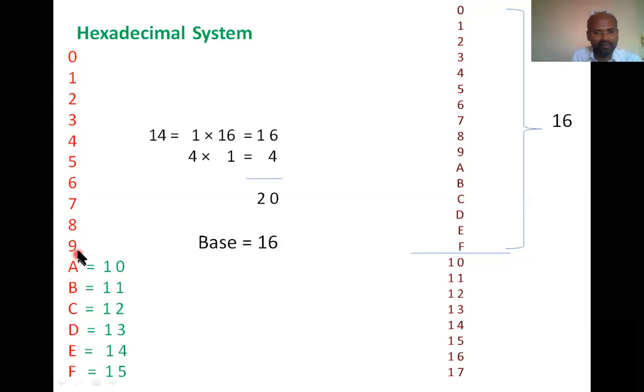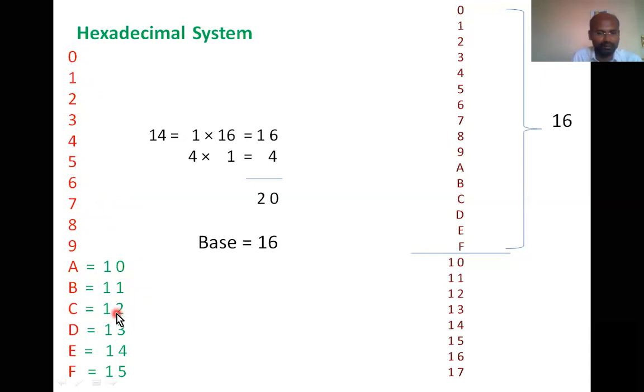What is the weight for the symbol 9? 9. What about the weight for symbol A? 10. It is equivalent to 10 in decimal. Is it clear? The symbol A has a weight equal to 10. The symbol 9 has the weight equal to 9, the symbol 8 has the weight equal to 8, and the symbol 7 has the weight equal to 7. In the same way, the symbol A has the weight 10 in decimal, the symbol B has the weight 11, and the symbol C has the weight 12. C in the hexadecimal system is nothing but 12.